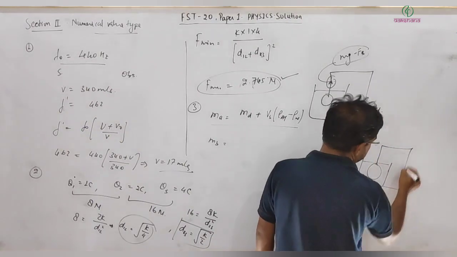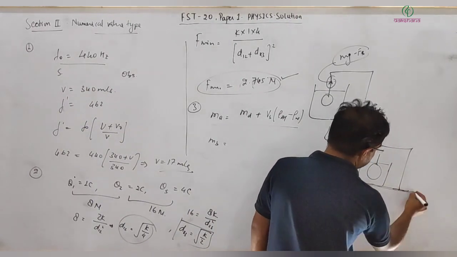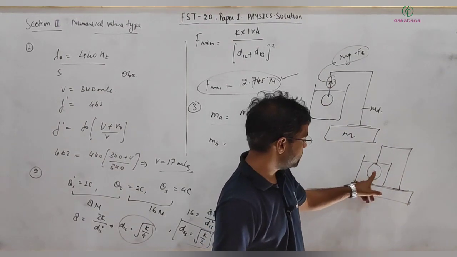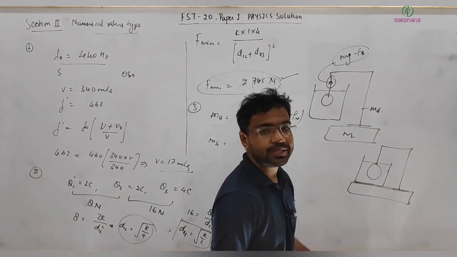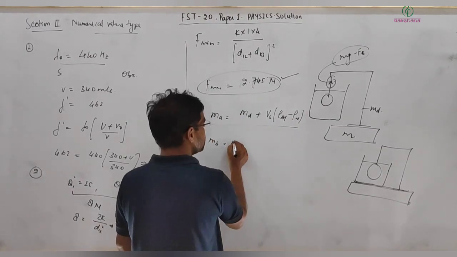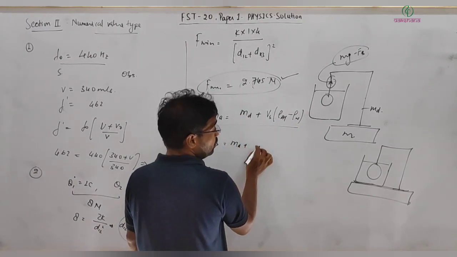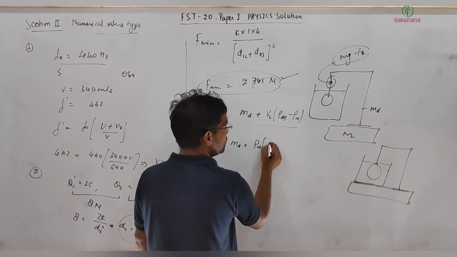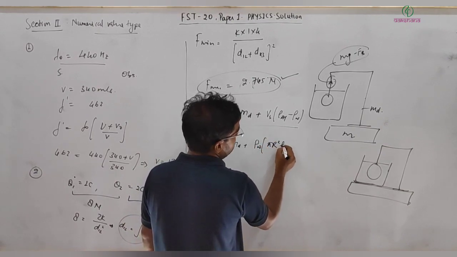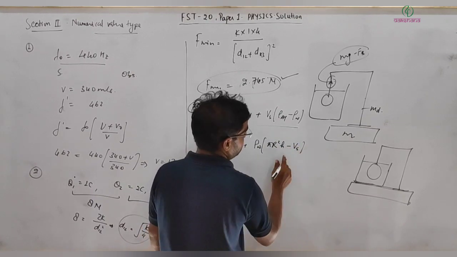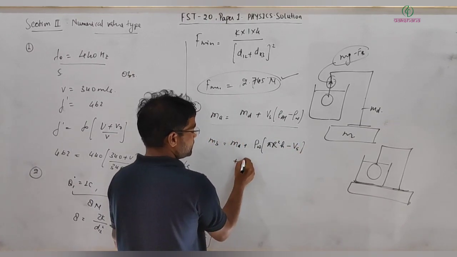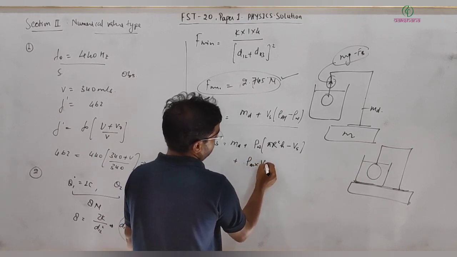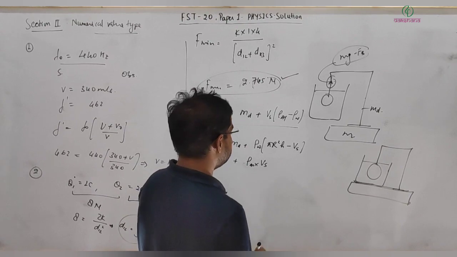Next case Mb, where this is also placed, and this is a sphere, and the complete setup is placed on the weighing machine. So now it will be measuring the mass of the water, mass of the sphere and stand and everything here. So it will be mass of stand, mass of water. So mass of water will be density of water into volume. Volume is pi r square into h minus volume of sphere. This mass of water plus mass of sphere, that is equal to rho Al into volume of sphere,